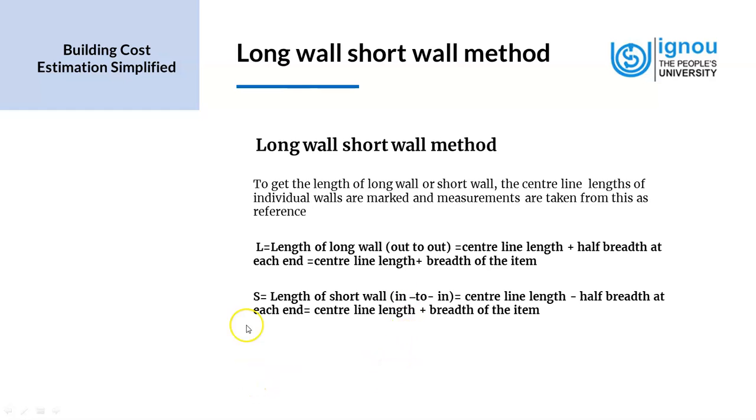Now, we denote the short wall as S. The length of the short wall, measured in to in, is equal to the center line length minus half breadth at each end, which means there are two ends, so two half breadths are subtracted, which is equal to